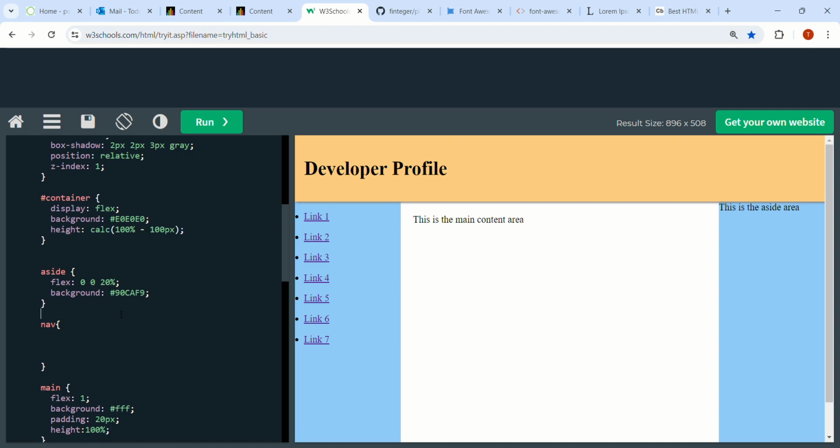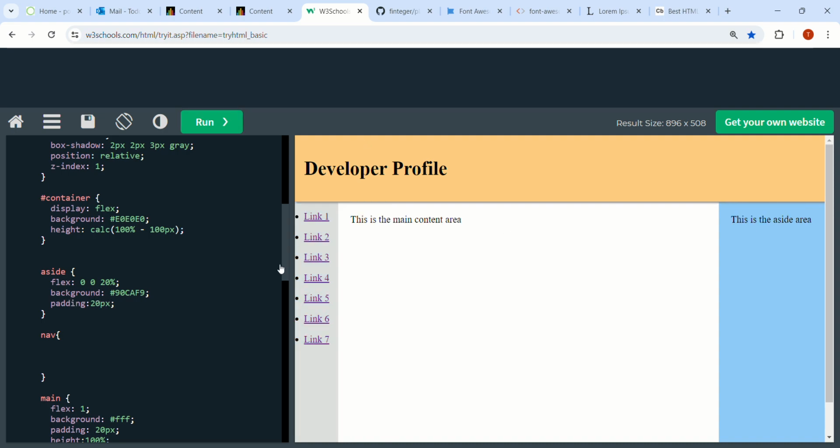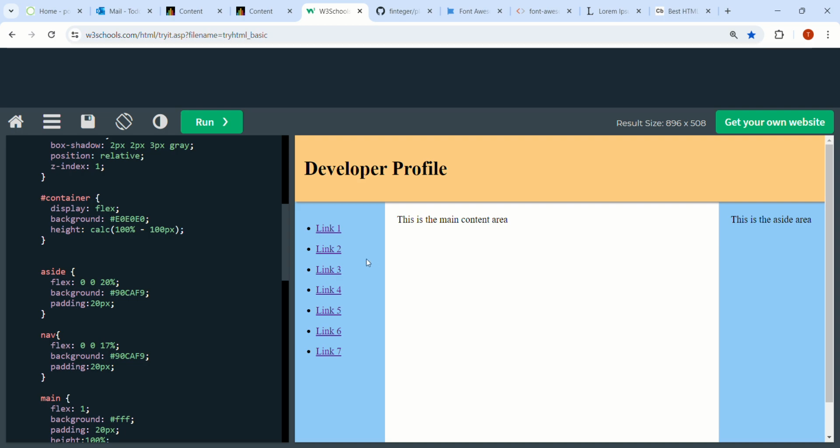Okay. For the aside here, you can see that the text is clinging to the top, so we are going to set the padding to 20 pixels. And there we go. That's good. You can see the nav is collapsed just because we haven't set anything. And what we're going to do is copy what's in the aside and paste it in the nav. Okay, so we want to use those properties, but we're going to set them to something different entirely. We're going to set the width basis to 17%, and we're going to leave everything else the same. So if you run that now, we have this,